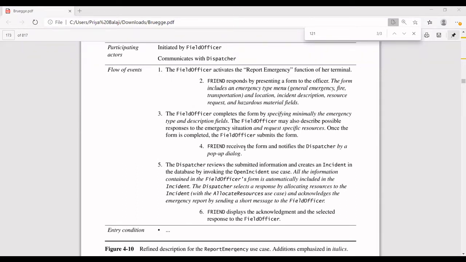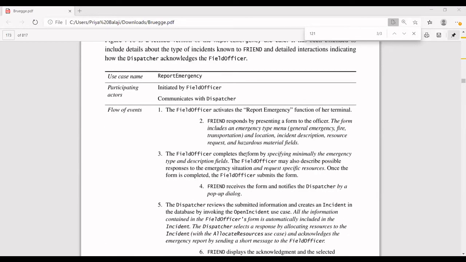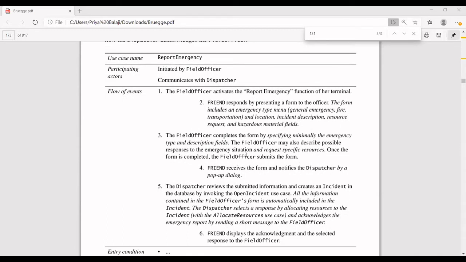In case I have not been given all the information, what will happen? I will be raising a query in a meeting and asking how the dispatcher has to be informed, how the dispatcher will be notified of the incident that happened. I would ask the requirement team, and in turn they would respond, you can have a dialog box. So instead of having a meeting to get the information, all the information is already given through the use case description itself, so that I don't have to go and have a meeting unnecessarily.